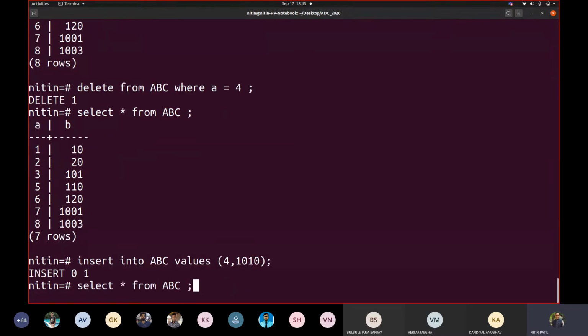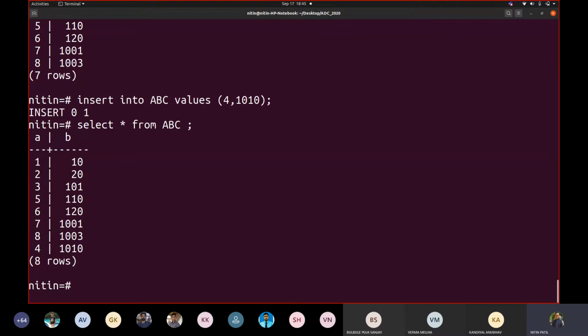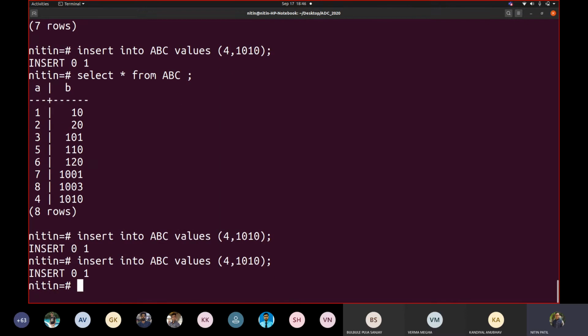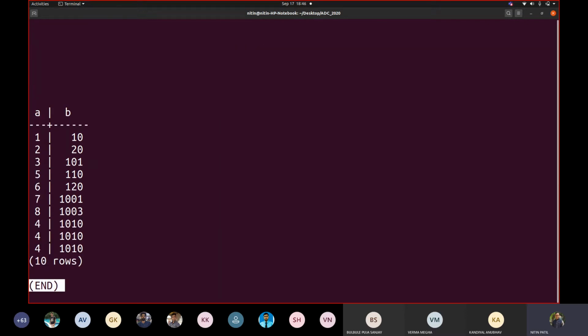Now see what happened. It did not take the 4 that I deleted; it keeps inserting. So if I now select star from ABC, you will see this thing.